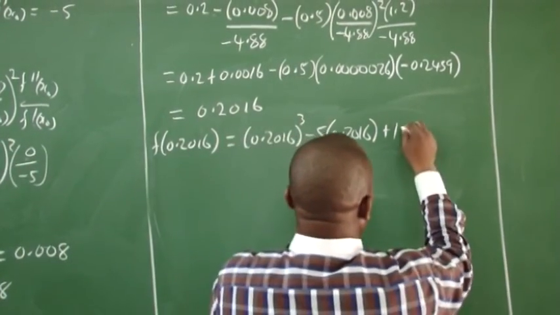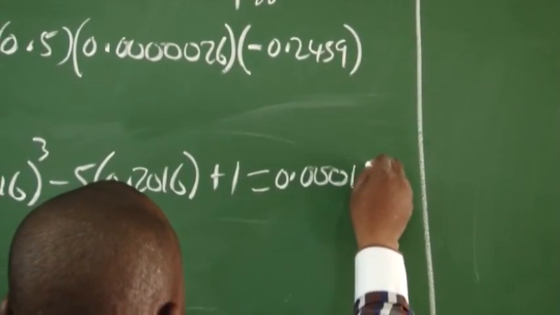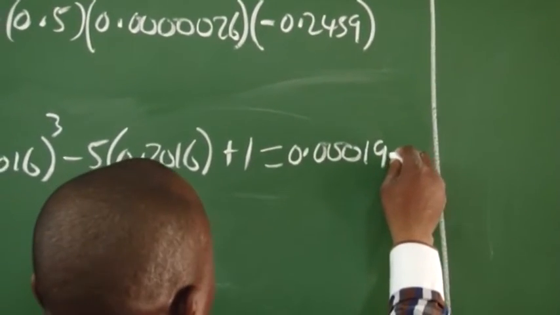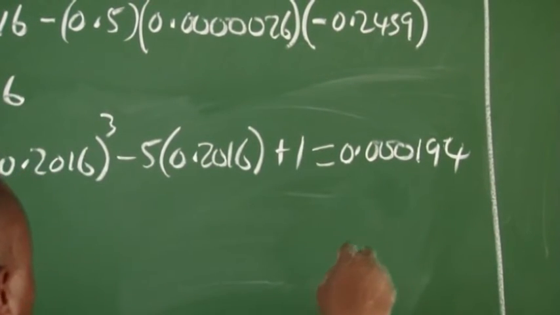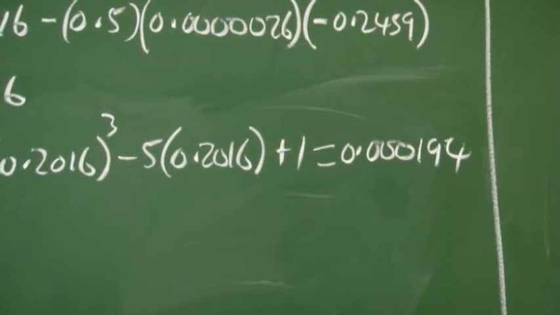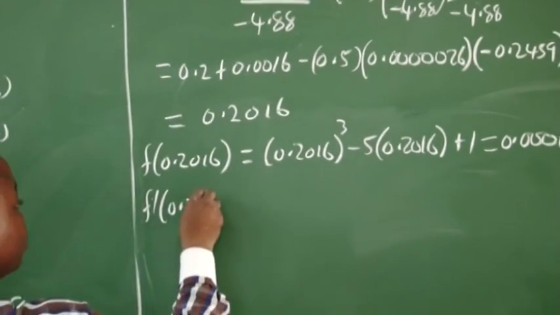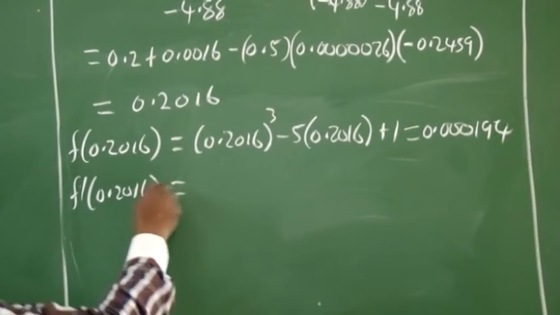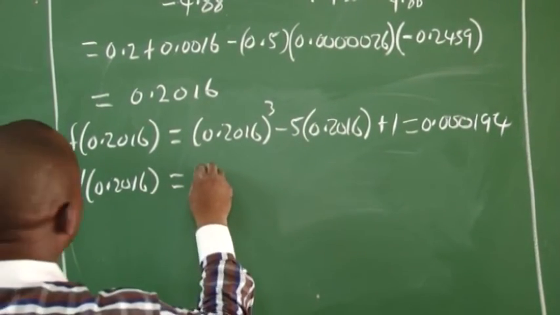That will give us 0.000194. Okay, so f prime of 0.2016, that is to say f prime of x2, will give us 3